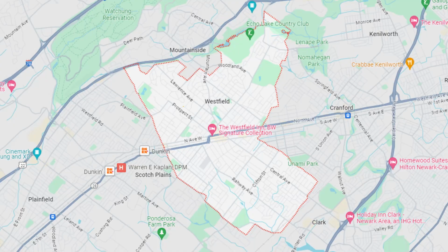And also, since this is a 55 plus community, it should give you an idea of what the community feels like in Westfield. It's definitely a little bit older. Yeah, so even with new developments, you're still getting the older feel of the town, because they're not changing it much. Right now, we're going to go to our stop 2. Things change a little bit there, because we're going to a different neighborhood, and we'll see you guys right away. All right, so we're at the second house right now, which is 235 Sinclair Place